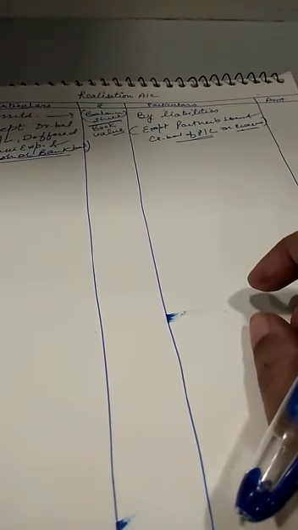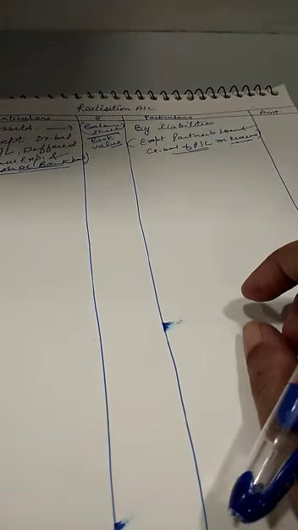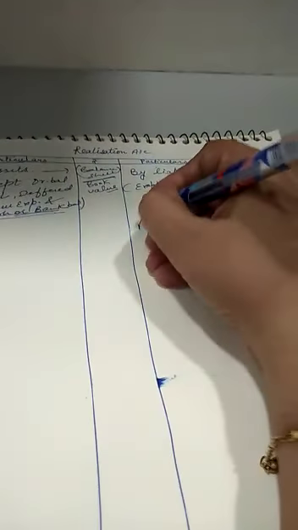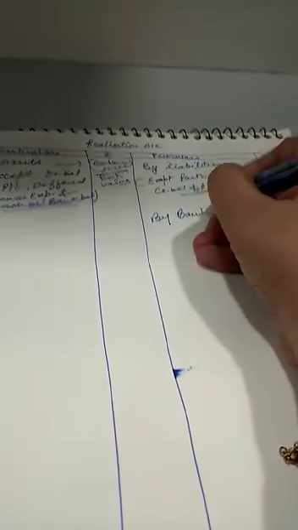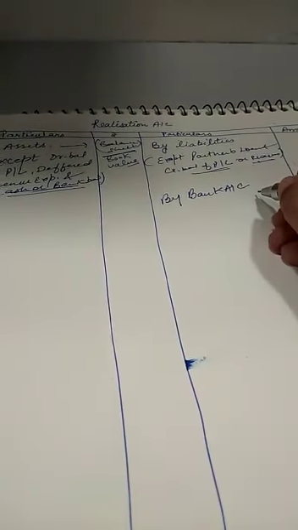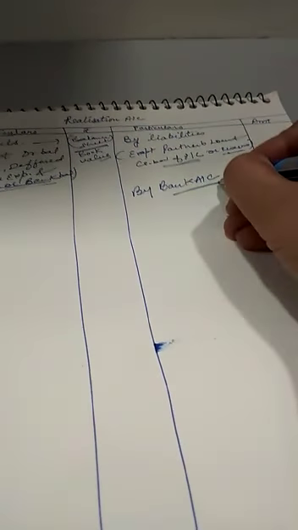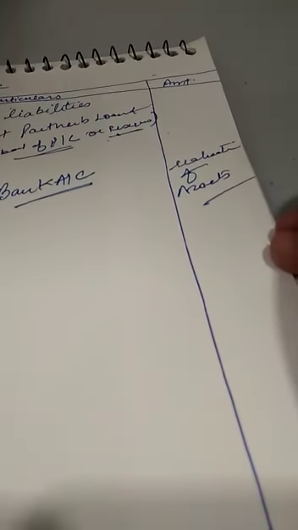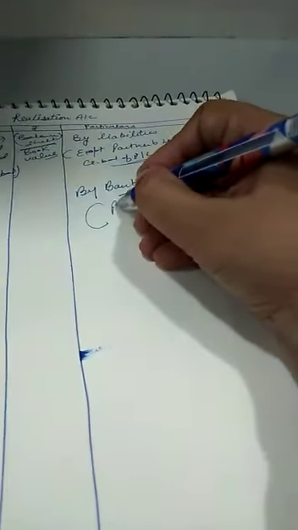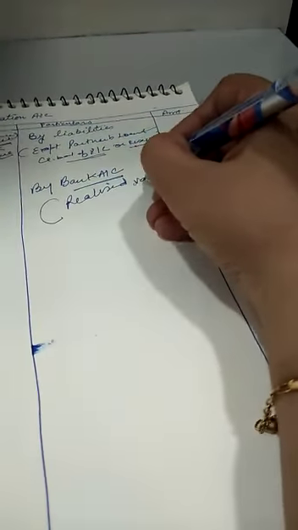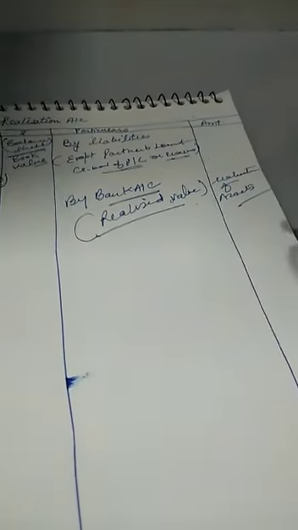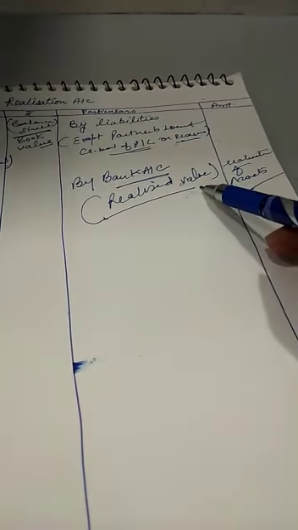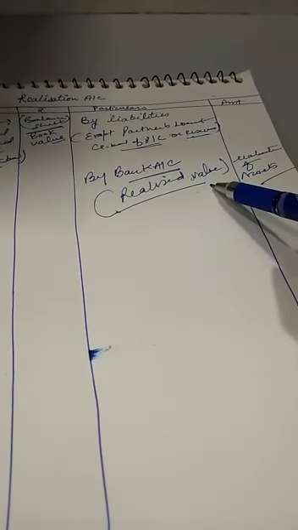Now, as we have discussed in the accounting procedure, the assets are to be realized. So what should be the entry? Bank account debit to realization account. It means in realization account we have to post the entry by bank account. For which purpose? For realization of assets. So what values are to be taken here? Realized values. The realized value of the assets is taken here. That additional information is given after the balance sheet. I will show you the statement as well.